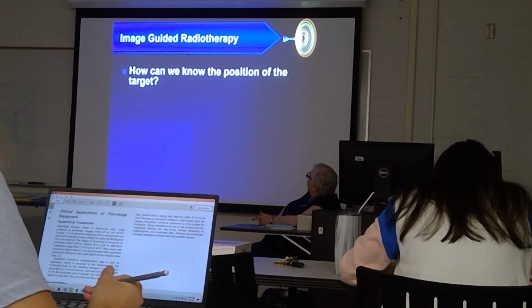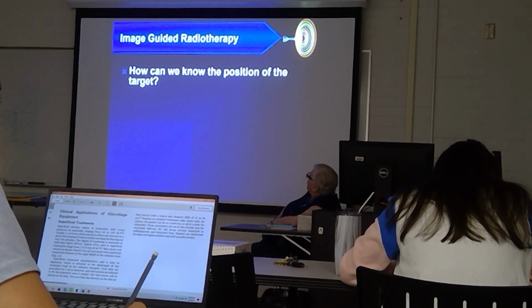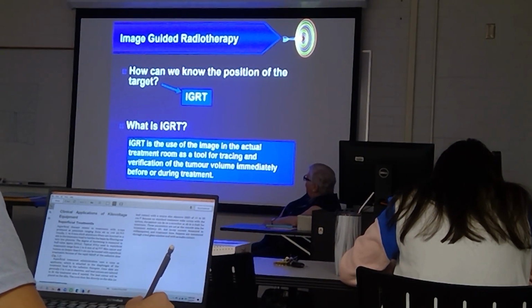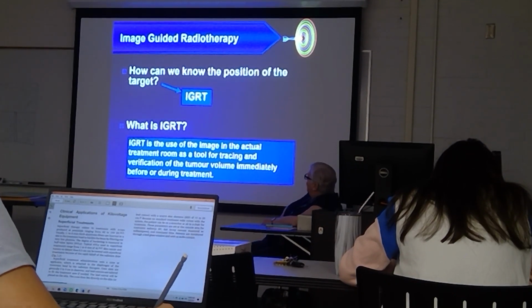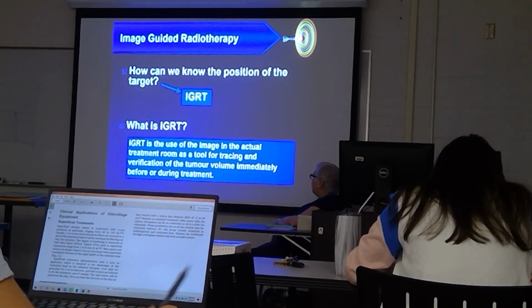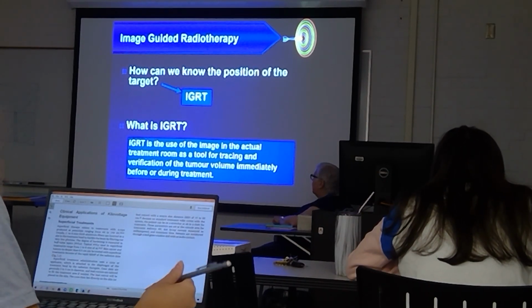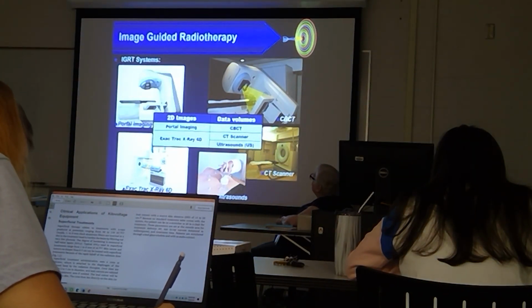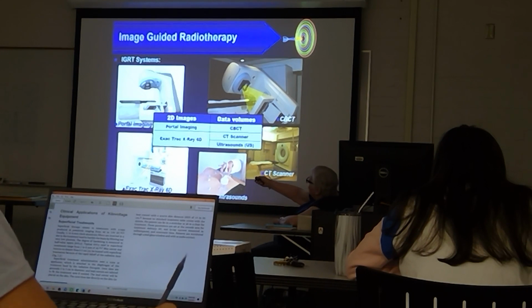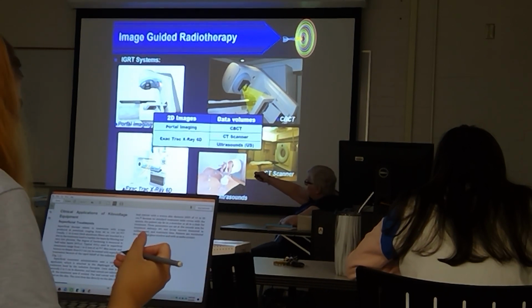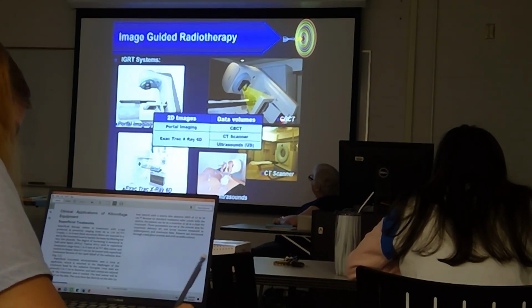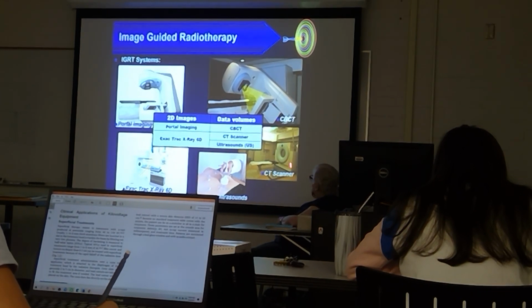Okay. How can we know the position of the target? Well, IGRT is the use of imaging in the actual treatment room as a tool for tracking and verification of the tumor volume immediately before or during treatment. So, portal imaging. It's a 2D image, but it still counts. CBCT, great. CT scanner, okay. However,